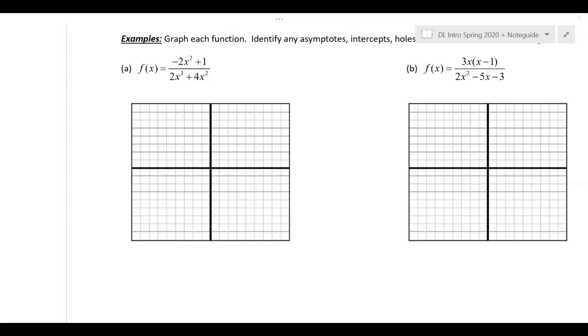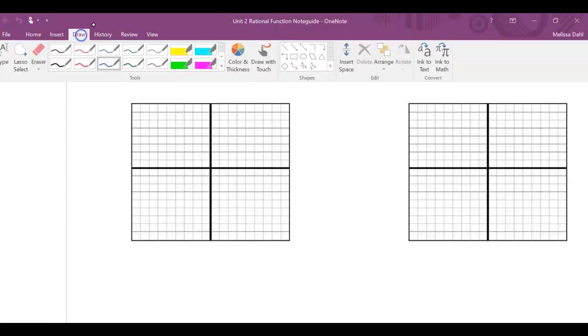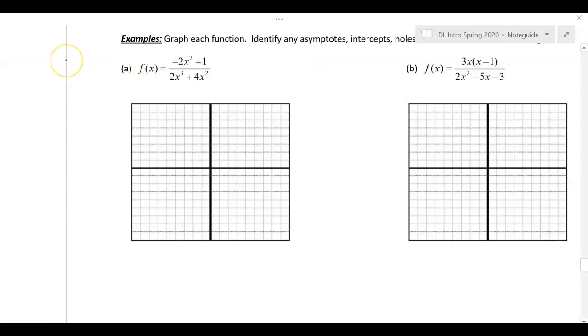So what we're going to do today is focus on the graphs that would absolutely not have an oblique asymptote, just so I can split up the notes a little bit for you guys. So when I go through and look, I know that part A would not have an oblique asymptote. I'm looking at the degree of the numerator and denominator, so that tells me that. I know part B would not have an oblique asymptote. The degree of the numerator is actually 2 because 3x would multiply x, and that would make x squared,